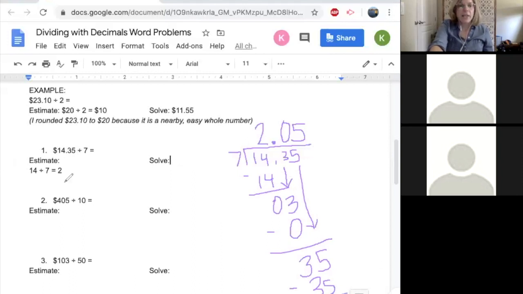So, and I didn't make up a word problem for this, but let's say 7 friends went to the store and they spent $14.35 on snacks and they all wanted to chip in the right amount. We could have said, all right, everyone should chip in about $2. That's about how much everyone needs to chip in. And then when we solve it the long way, we found out what was our precise answer, our exact answer,